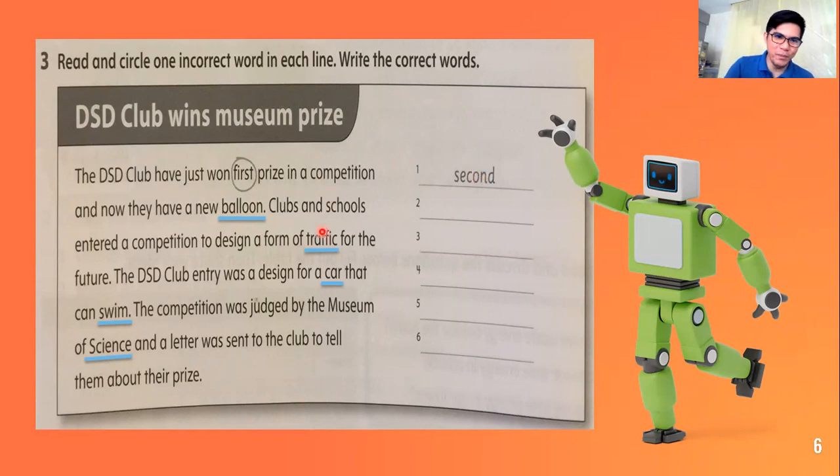Let's go to number 2. I will read. The DSD Club has just won second prize in the competition and now they have a new balloon. What's the correct word? In 3, 2, 1. The answer is computer. Clubs and schools entered a competition to design a form of traffic for the future. Traffic, what's your answer? 3, 2, 1. Answer is